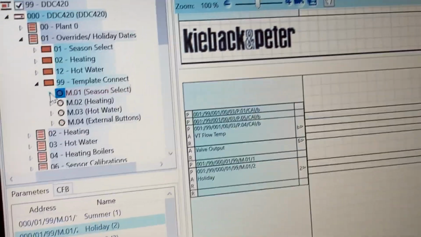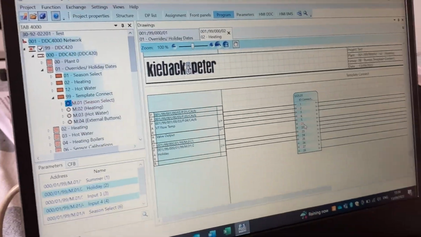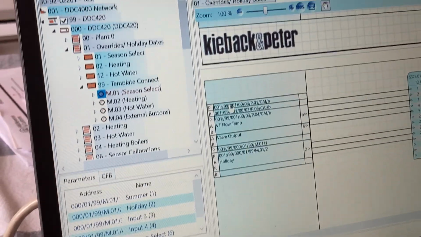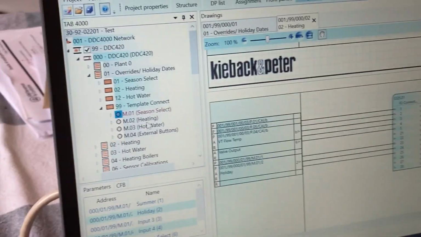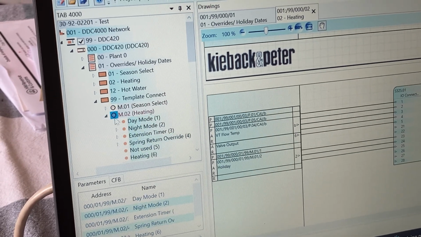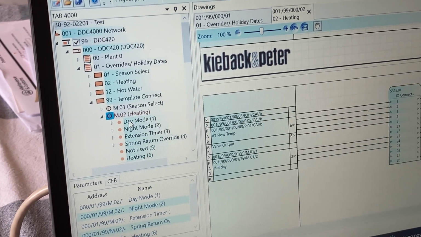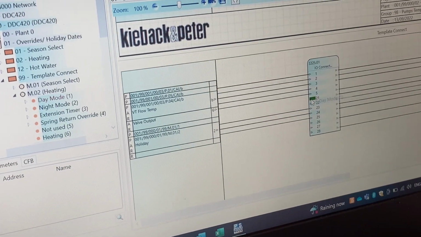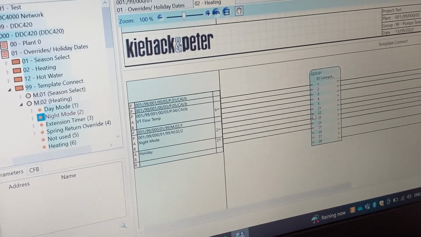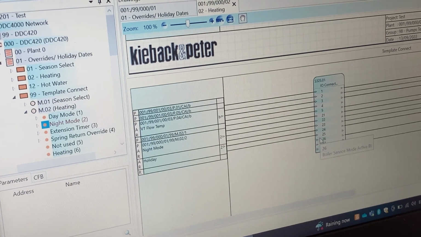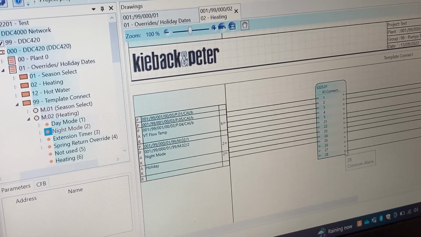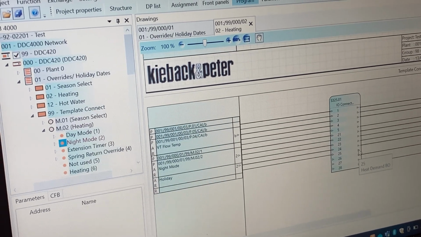Then we can close that down and then what we need is 21 day and 22 night. So we look for, and this is under the heating template. So we go under the heating and then we drag the day mode to 21. And we drag the night mode to 22. Everything else has been done there. We don't need anything else on there. We don't need that, we don't need that, we don't need that, and we don't need any heat demand because